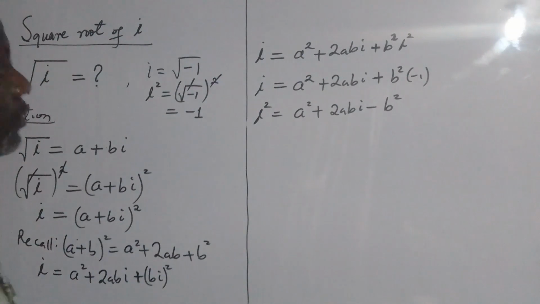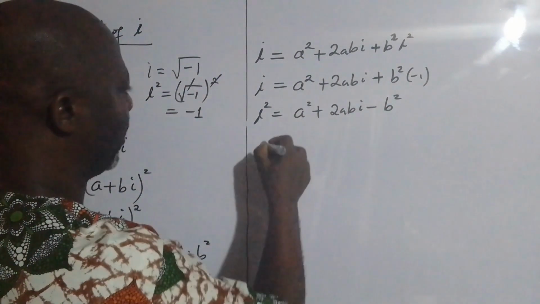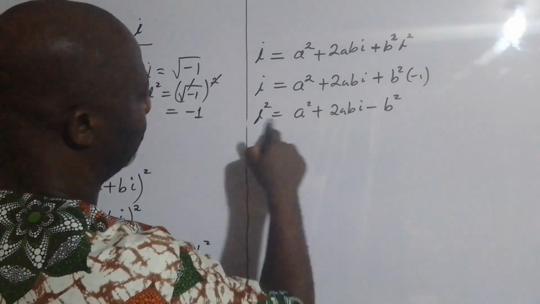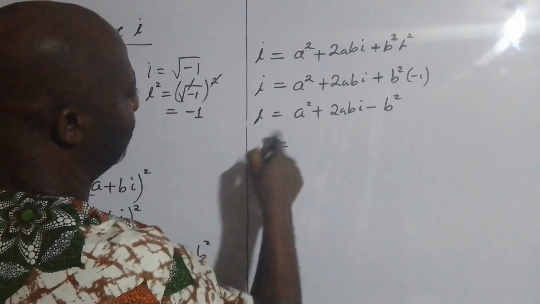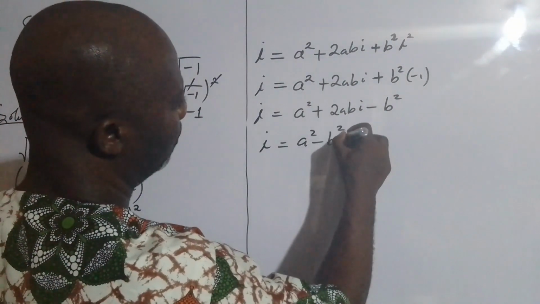At this juncture, I'm going to take the real parts together, so i will be equal to a squared minus b squared